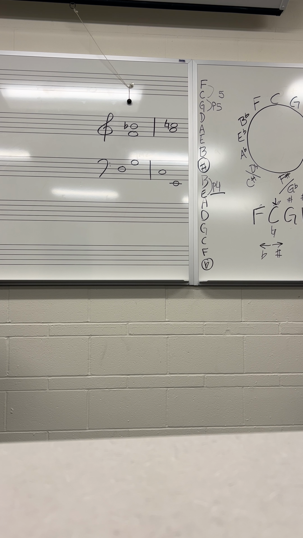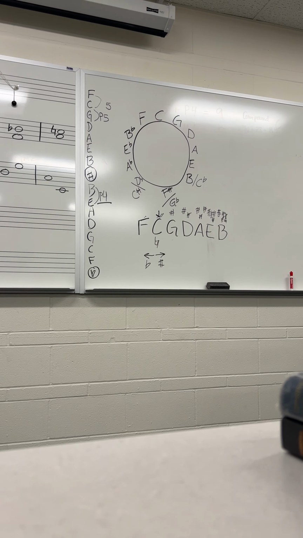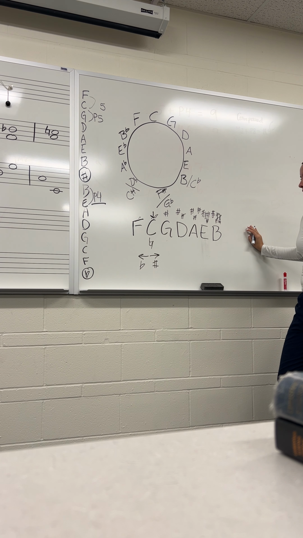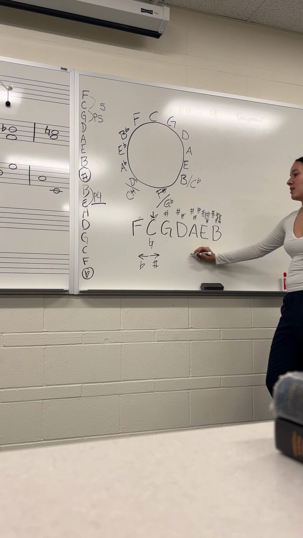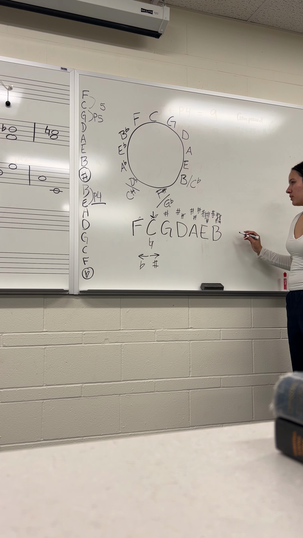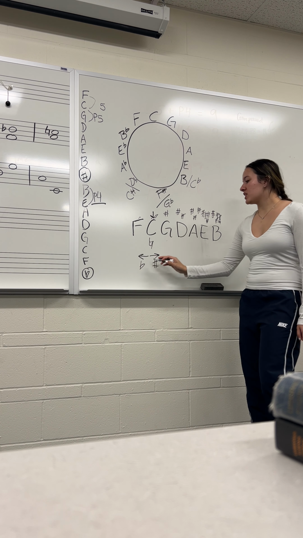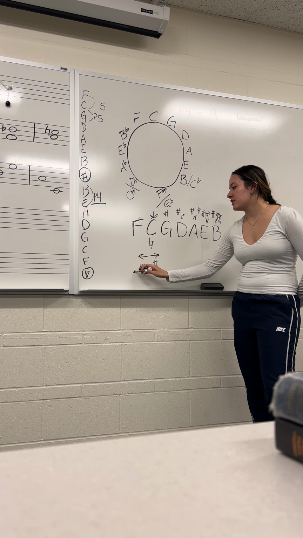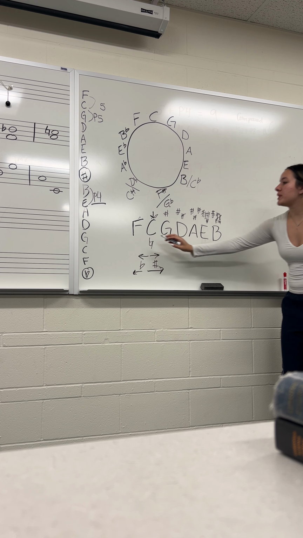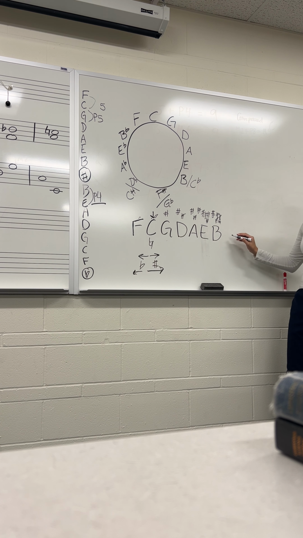So what's next after B? Because if B has 5 sharps, could there be a key signature with 6? Yes, there can be key signatures with up to 7 sharps or flats. But how do we know what note is a perfect fifth up from B? It would have to be some sort of F, but we already have F natural here. So in order to figure that out, we'd use the same logic of flats going to the left and sharps going to the right. So if you were to keep this going, you'd repeat the same pattern of F, C, G, D, A, E, B, except you would add a sharp next to the notes,